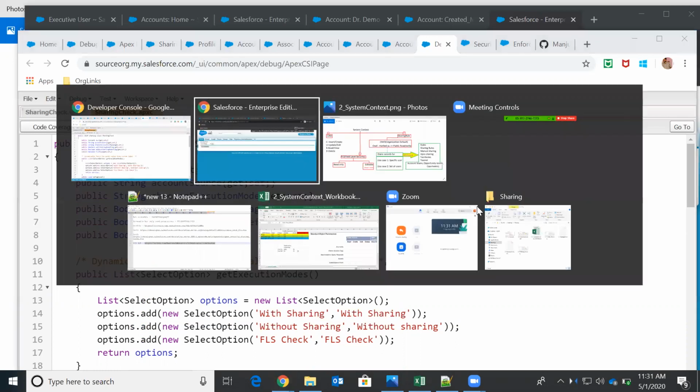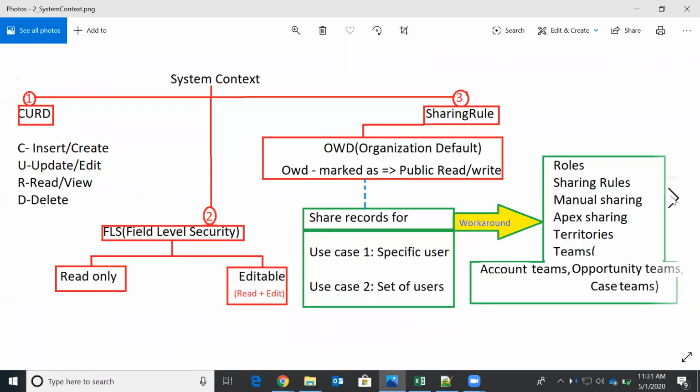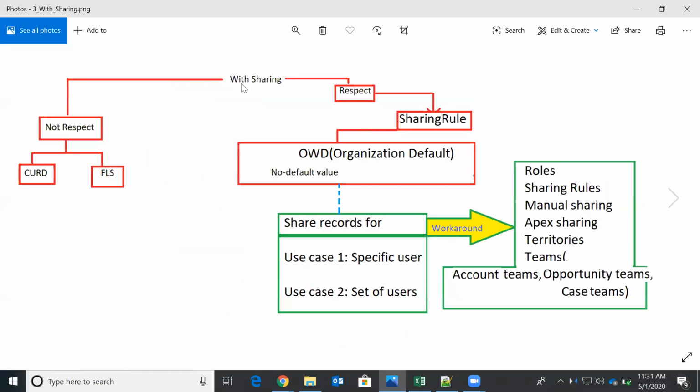So with sharing, it will not respect these two things, but it will respect the sharing rule. If a record is shared with him, if the record is owned by this user, or if the record is shared with the right permission, we are able to update it.